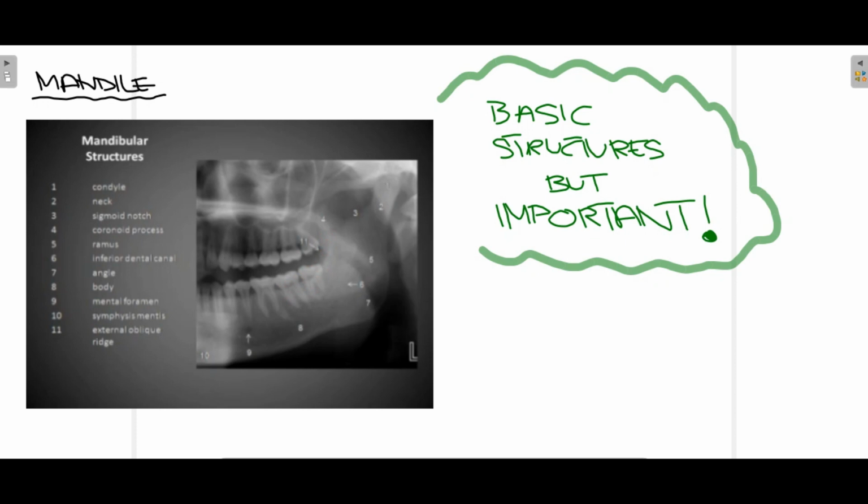Although these are some very basic structures, when you're looking at an OPG, it's very important that you know these basic structures, because when you know this basic anatomy, only then can you interpret different structures and different pathologies such as impacted molars. When you're planning surgeries for mandibular molars, knowing the location of the inferior dental canal is essential, because if the canal is close to the apices of mandibular molars, there are chances that you might damage this nerve. So it is very important to know this basic mandibular anatomy that is visible in an OPG.